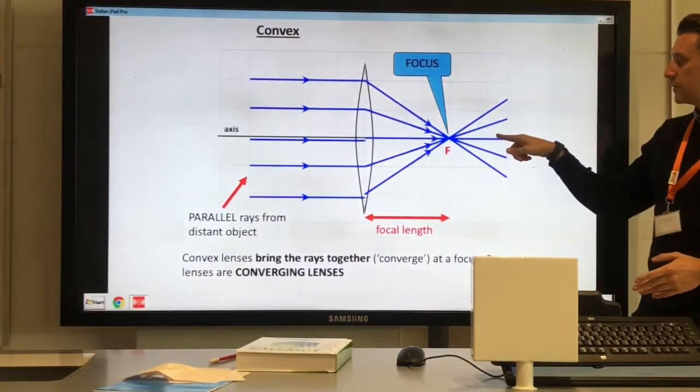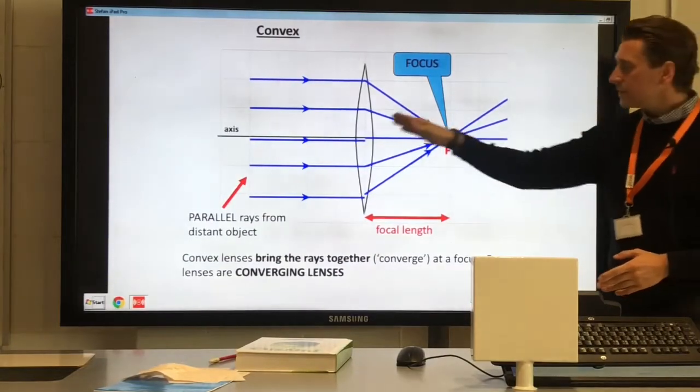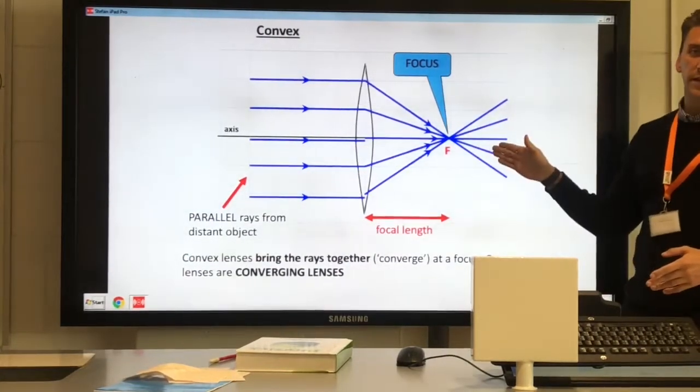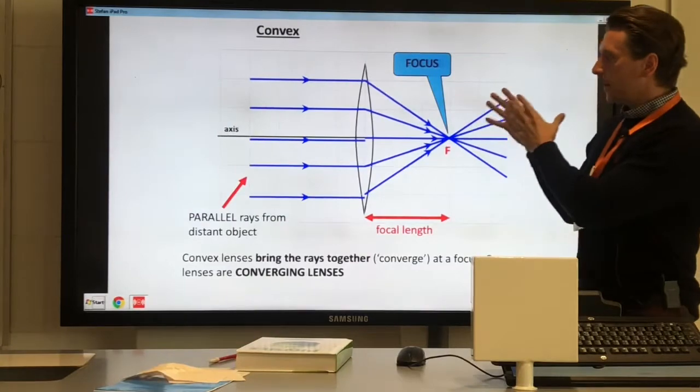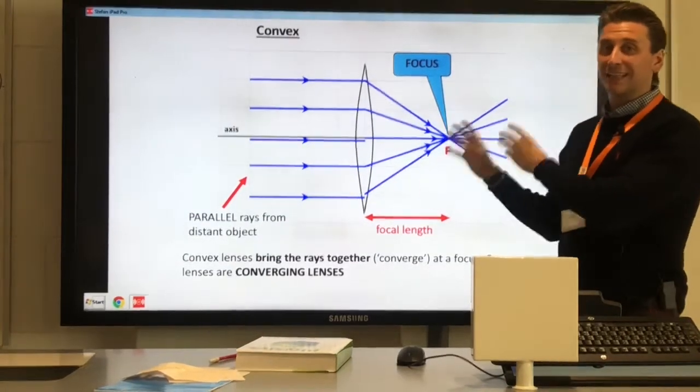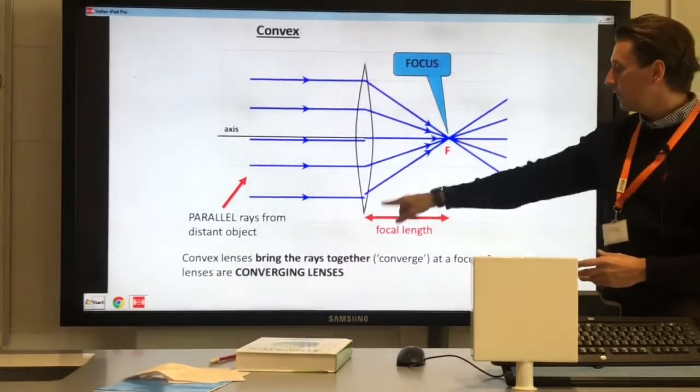So they all cross at this point here. That would be the focal point. Therefore, you'd have a much longer focal length. Now, the amount at which a lens will refract the light. So in this instance, the focal length is around